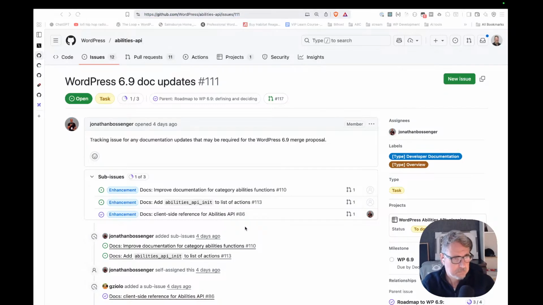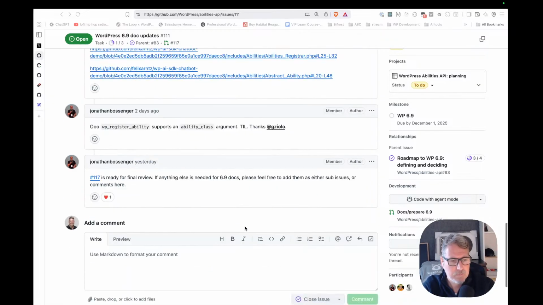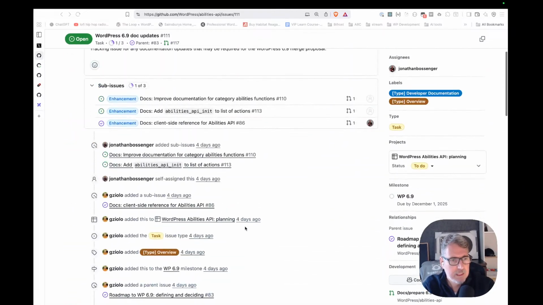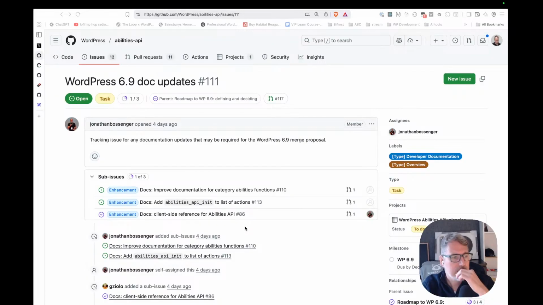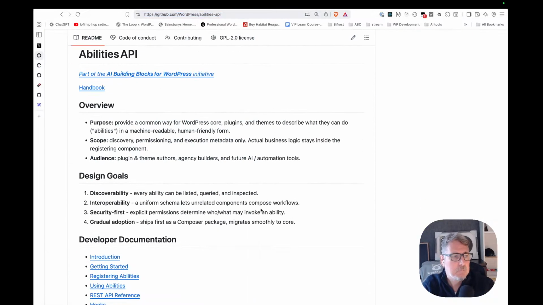So yeah, if you spot something that is missing or something that is not clear, this is the place to add any request for information on any update. So having said that, let's go and check the